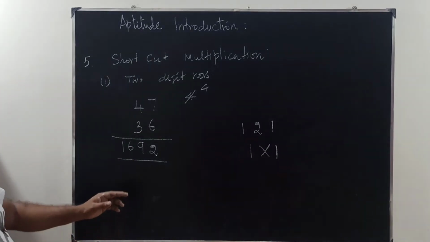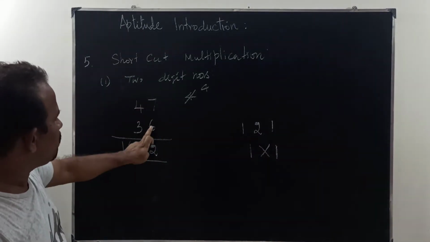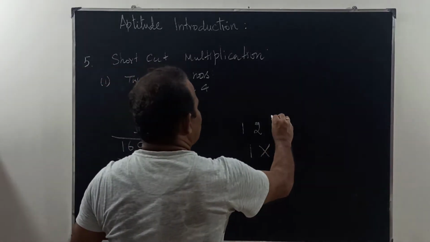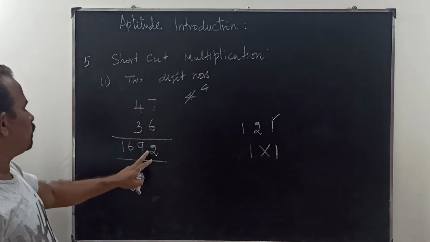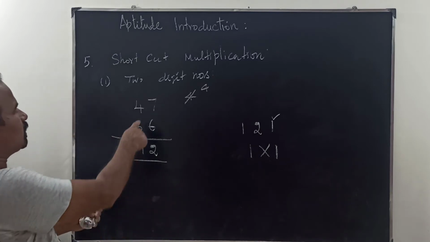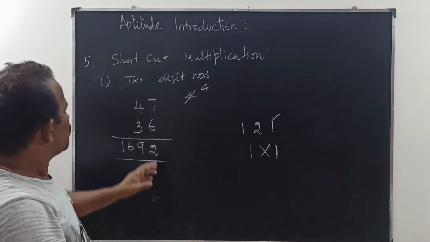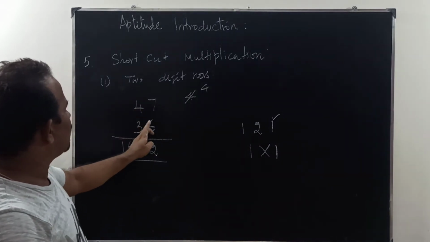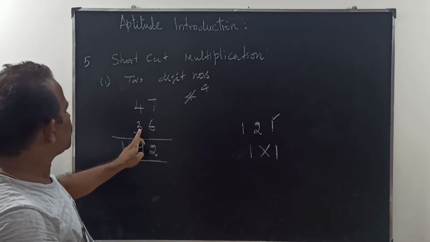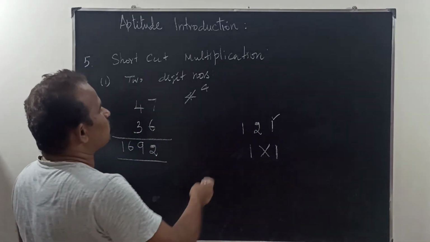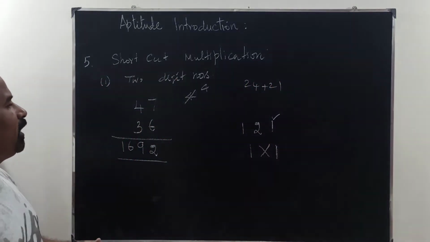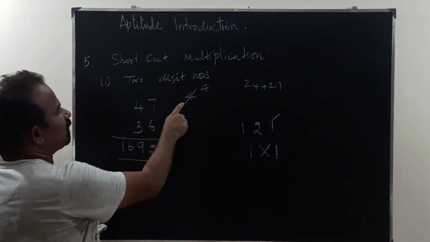Again I am telling you, you consider first this column, you multiply it. 6 sevens are 42. So 2 here, the remaining is 4. Then you consider the two columns. You take cross multiplication and adding. What is the cross multiplication? 6 into 4, 24. 3 into 7, 21. 24 plus 21, you have to add it in your mind. So 45.